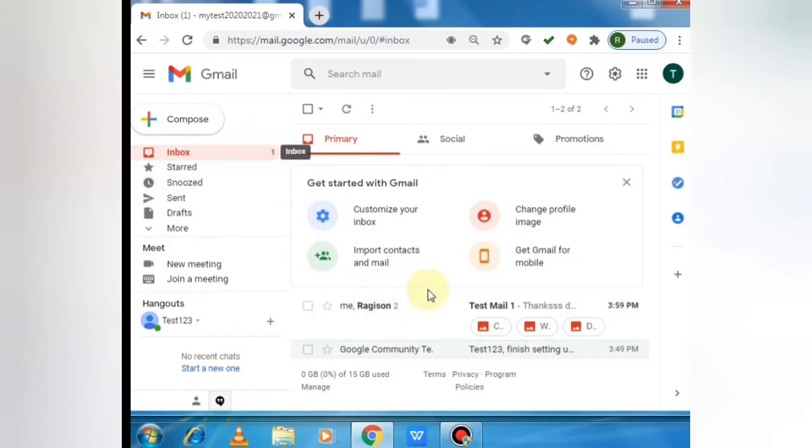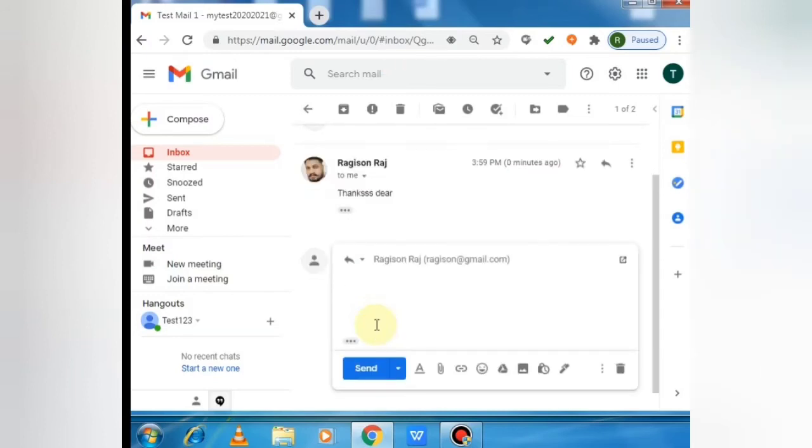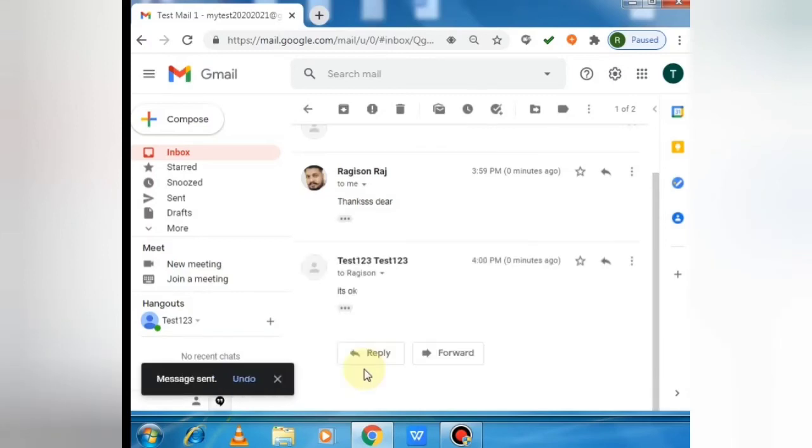So this is a message that we have received. If I click on this, that number one will disappear. So this is the message. Yeah, so we got a successful reply. Now we can reply from our part by clicking on this reply button. So no need to add any email IDs, just type your message, then send. That is the advantage of replying to any email.